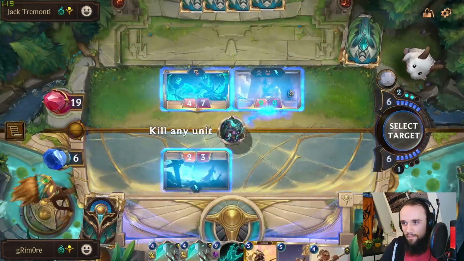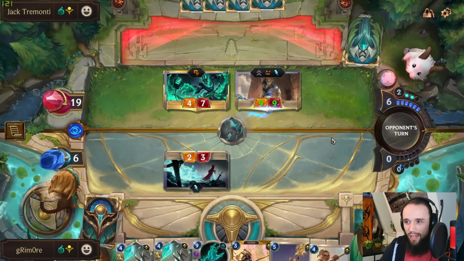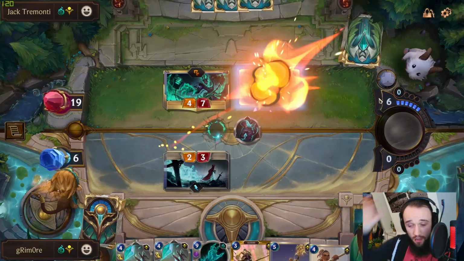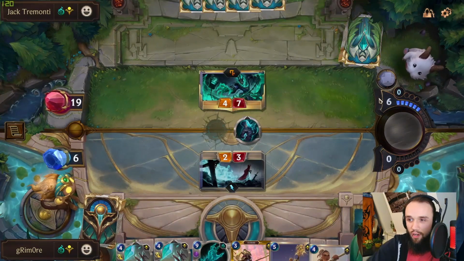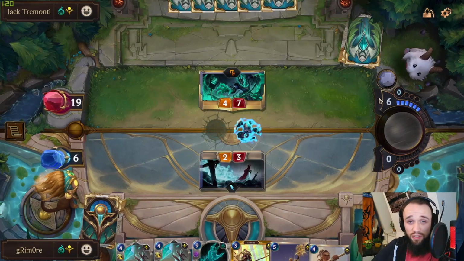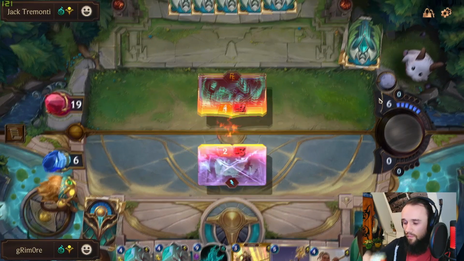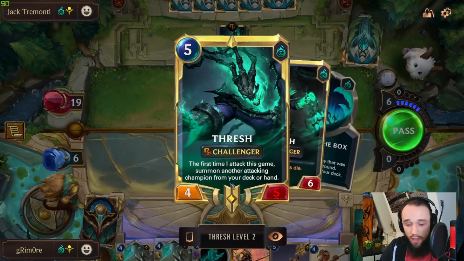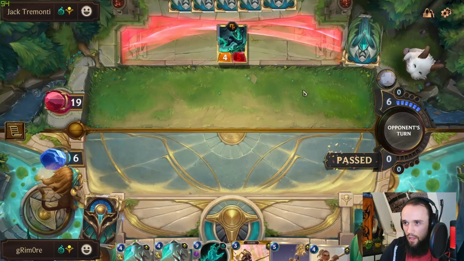Hello, buddy. Bye, buddy. Yep. This was quite obvious that it would happen. Draws cards. But we still live. And this Thresh is also very important. This Thresh can't pull out another Nasus, so...